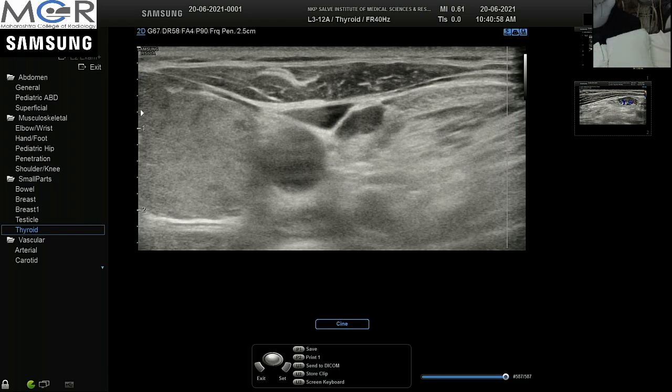FNACs are routinely done, and our role is to provide guidance, or we can do it under live visualization of needle, and that is the one advantage of ultrasound. Some people say biopsies should be done, but FNAC as such gives you quick results. Within 3 to 6 hours you can know whether there is the tissue or not. Definitely biopsy has got more tissue and it gives you more information, and the typing can be done on the basis of